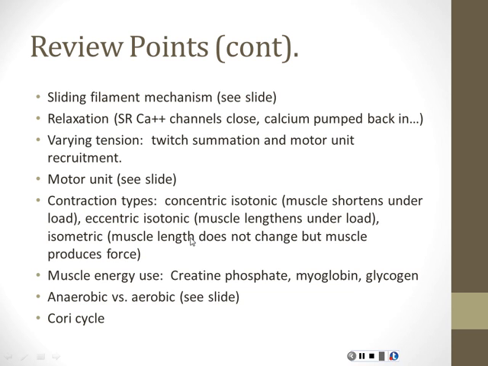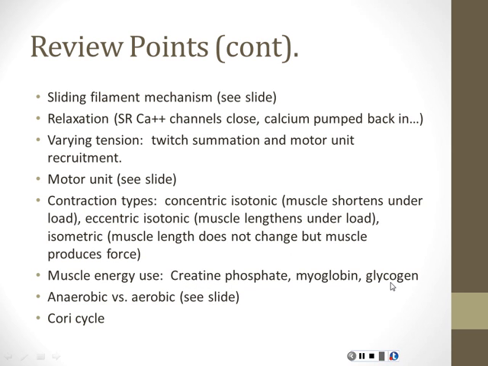All right. So muscles are energy hogs. Because of that, they have some adaptations for their high energy demands. We talked about creatine phosphate, which is a way of storing ATP up. You know, creatine gets a phosphate added, and then when the muscle is busy, that phosphate is shuffled back to an ATP so that new ATP doesn't have to be made. Myoglobin keeps oxygen around inside a muscle, so it's like an oxygen reservoir. And then glycogen or